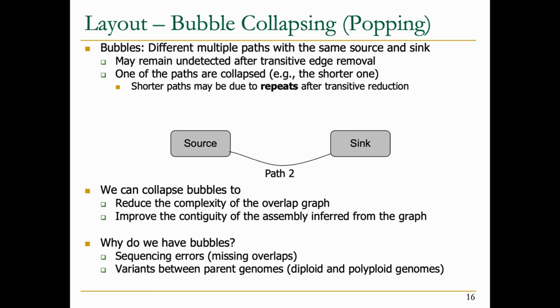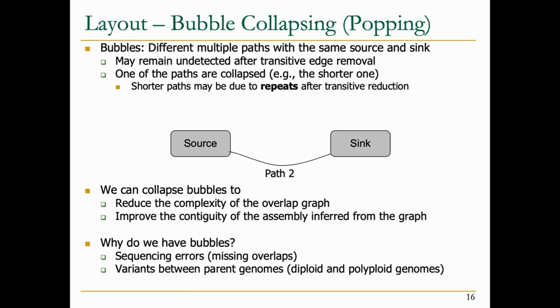Or we may have some variance between the parent genomes, especially in the case of diploid and polyploid genomes. When you sequence a diploid or polyploid genome, you are actually sequencing the chromosomes from both parents, or multiple types of chromosomes. And there are, of course, certain differences between parents,